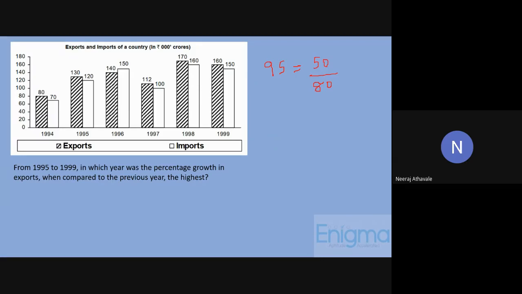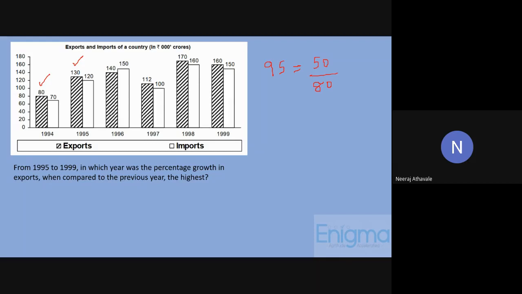Okay, if you remember हमने शुरुआत में देखा था percentage change. What is the formula for percentage change? Change upon original. I guess 3-4 लोगों ने आपने भी बताया था. Prajwal, Shreya, Dev Shruti, you had told change upon original. Okay, so 95 में 130 हो गया है, but originally कितना था 80. So 130 minus 80, that is 50. 50 upon original value आ गया 80. So 95 का आ जाएगा this thing.